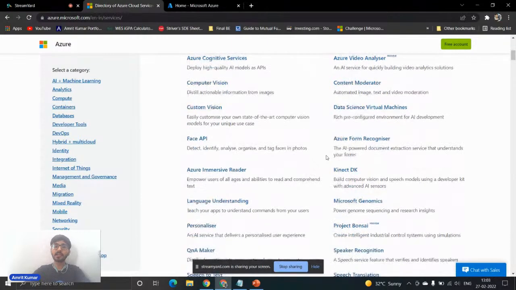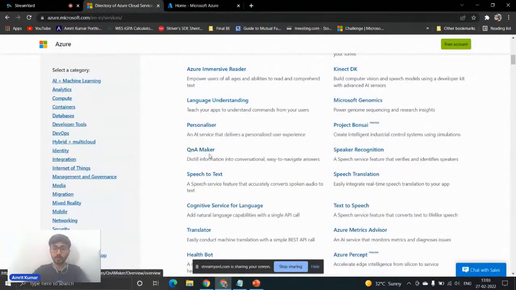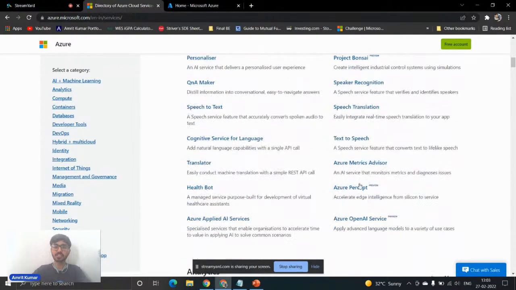These can be handled by Azure itself. So you can have your QnA Maker, speech to text, speech translation, language understanding, translator, text to speech, and health bot. You can build your own health bot for development of virtual healthcare assistance.